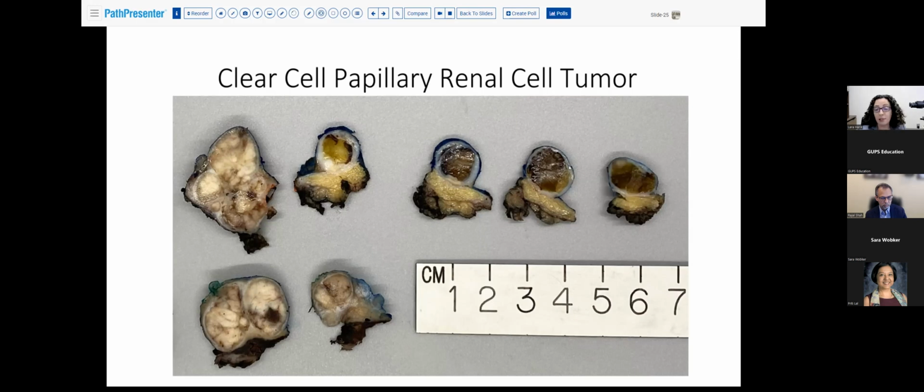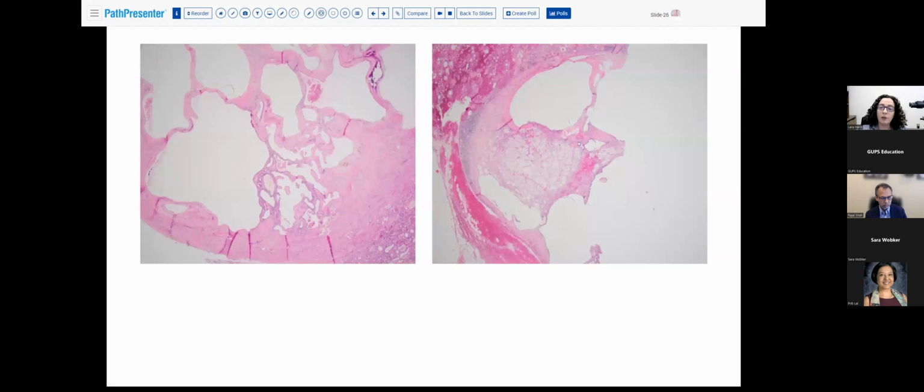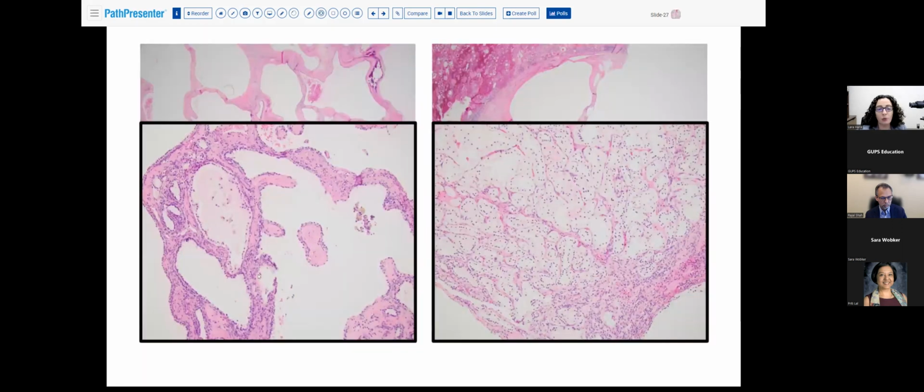Some of them are extensively cystic. But even in the extensively cystic tumors, you can still see some foci that perhaps have nodules of clear cells like this one. Even though they're expanding the septa, it doesn't matter. And then areas of the papillary growth pattern here, which on higher power would show the classical appearance of what we see in clear cell papillary renal cell tumors, which are the piano key morphology, characterized by nuclear polarity reversal,